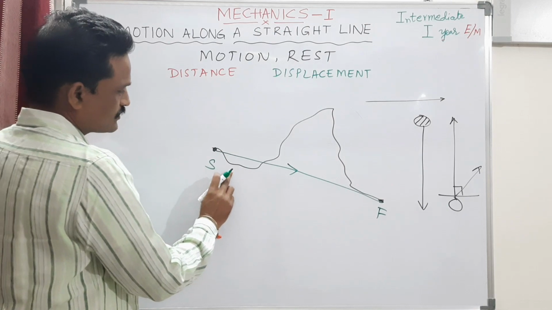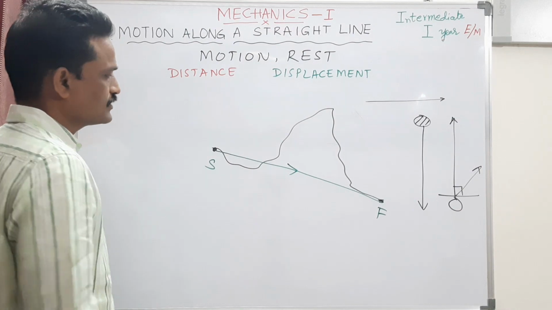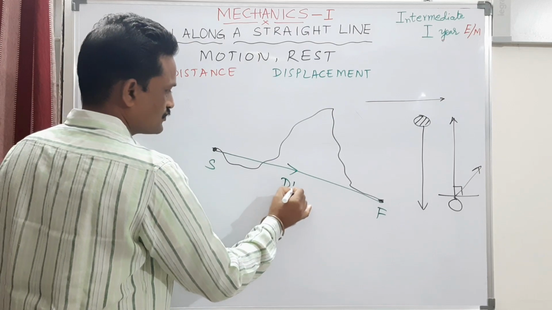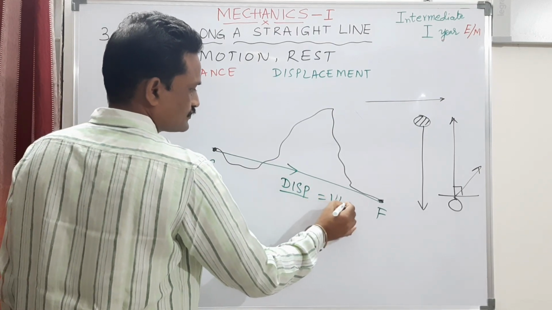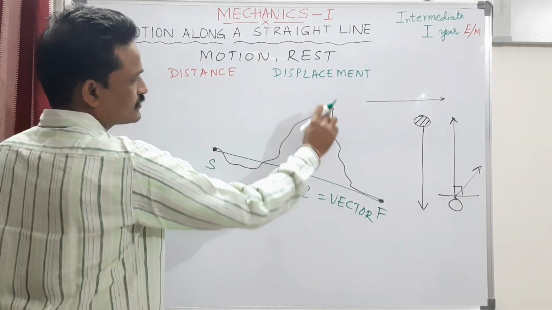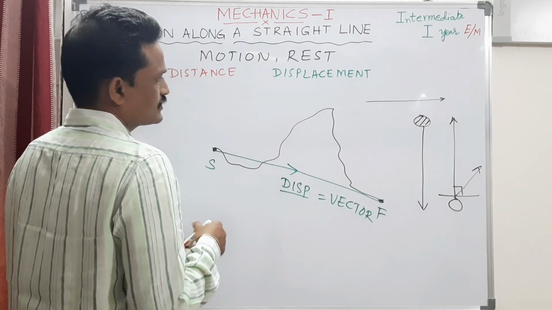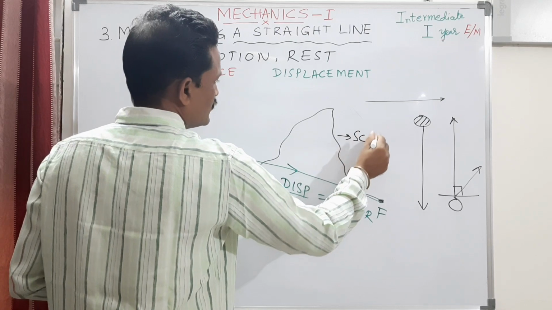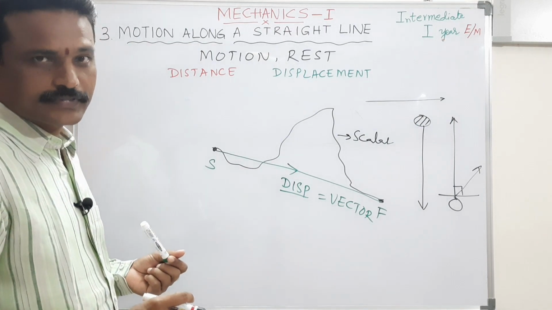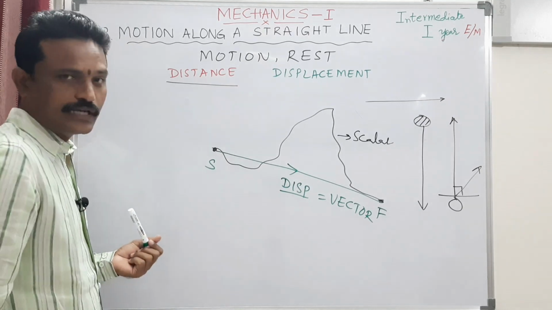In the case of distance, the direction is changing. The ant is changing its direction continuously. Whereas in this, it has got only one particular direction. So this displacement is a vector because it has got only one direction. Whereas the distance is changing its direction. That is the reason why distance is a scalar quantity. So in our daily life, what do we have? Distance or displacement? In our daily life, we have both, but we experience distance. I will give the example.